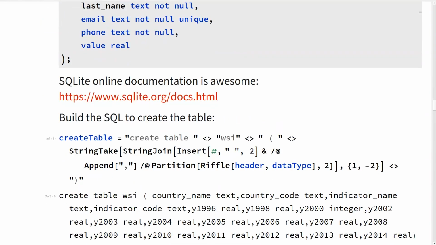And this is our create table. Usually, code that creates code is ugly. I never saw a beautiful code that creates code. So here we are using Wolfram Language to create an SQL insert. It's a little bit messy, but it works.